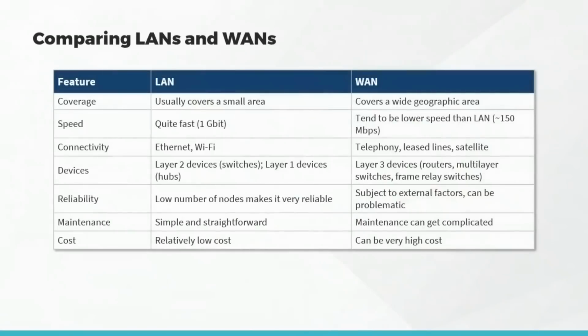For a summary comparison, LANs are used when coverage is only required over a small area. Speeds are very fast these days, usually 1 gigabit per second or higher. The connection devices used are typically switches or possibly hubs if cost is a concern, although hubs are not commonly used these days. The layers listed refers to the layers of the OSI model, which was covered in an earlier presentation,